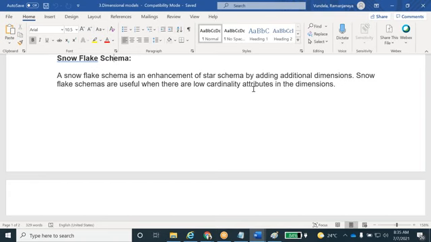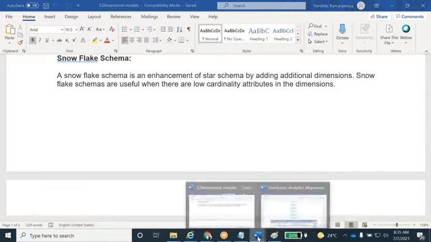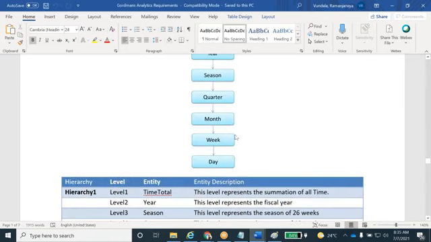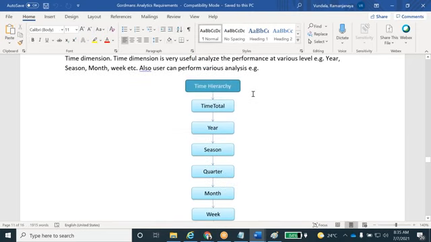Tell me what the hierarchy is? The table hierarchy is what I showed you just now. Hierarchy is nothing but the relationship between one table and another table. They will ask these kinds of questions. That is why 70% use the star schema, and the remaining 30% in real time use the snowflake schema.